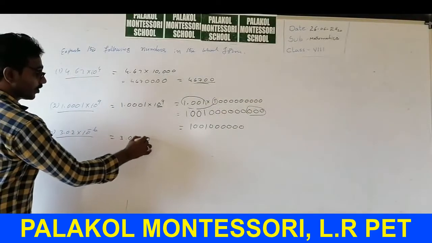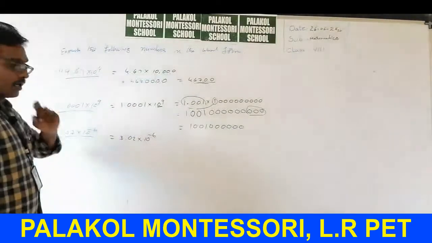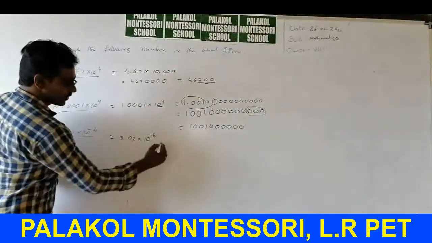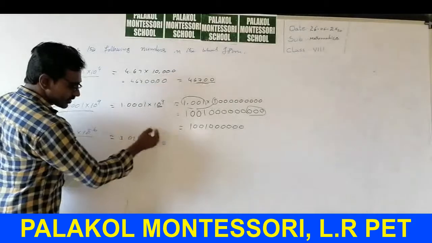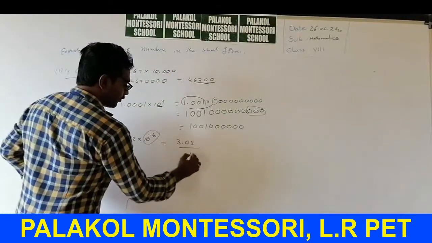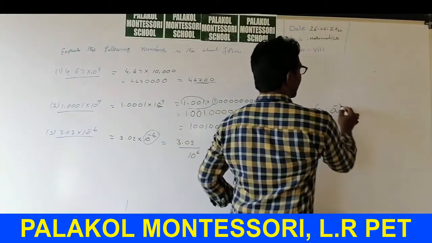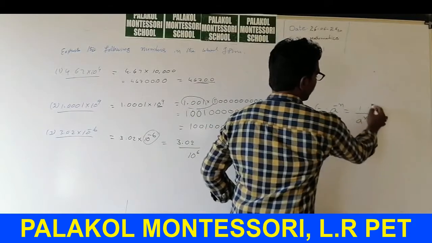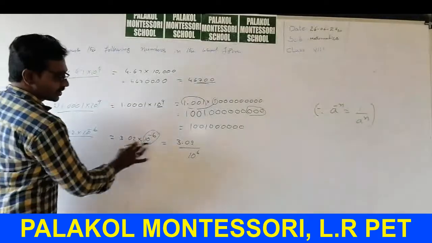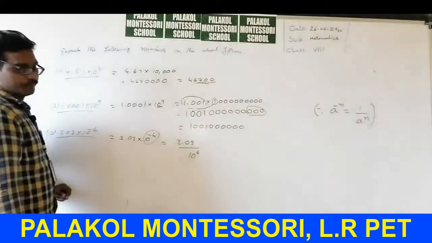Come to this one, 3.02 into 10 power of minus 6, guys. This is 10 power of minus 6. How to write this one? How to express this one? See guys, please, 10 power of minus 6 means 3.02 by 10 power of 6. Why? You apply that law, a power of minus n is equal to 1 by a power of n. The same logic applies here. 3.02 by 10 power of 6. See,